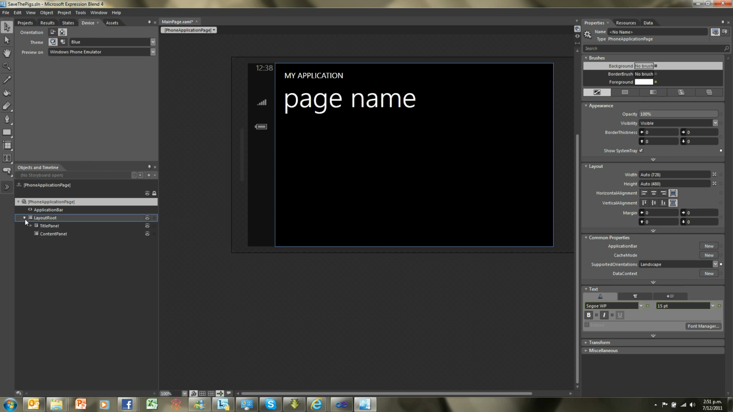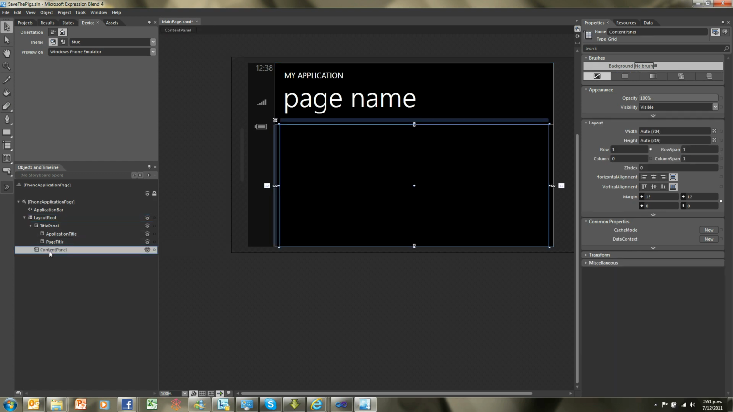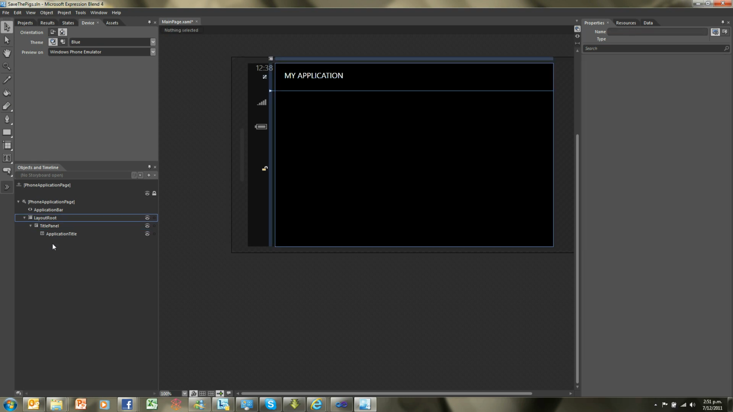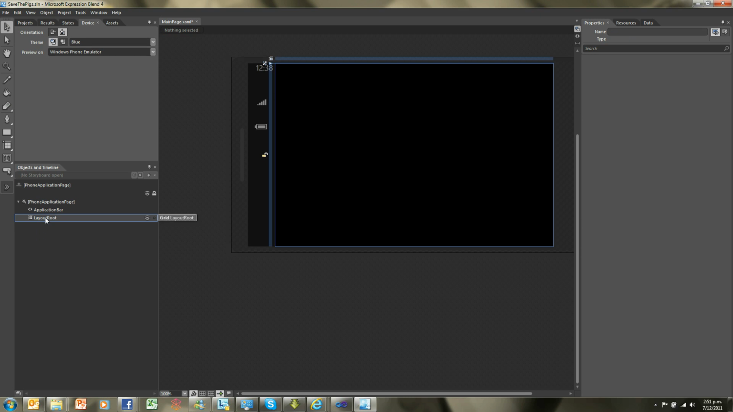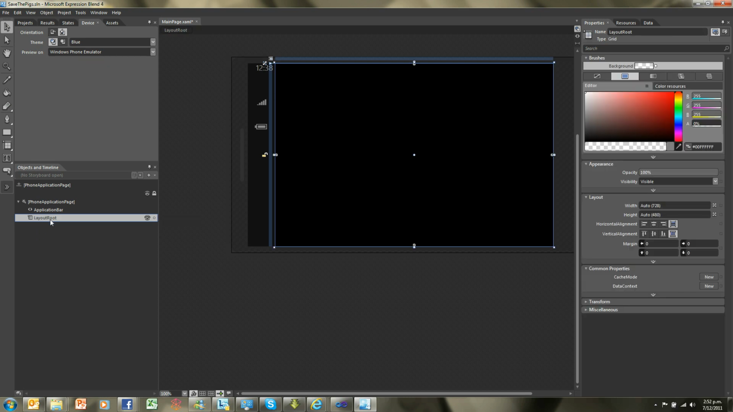I'm also going to get rid of some of this stuff here, as I'm going to start building out my game within this page. So I'm going to get rid of this content panel, page panel, and application title. I'll get rid of that as well, don't need that. So now I've got an empty page. I want to change the layout of this page to a